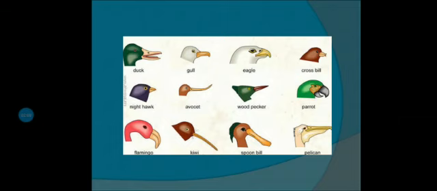In this picture you can see that all birds have beaks with different shapes and sizes. Duck has different beak and eagle has different beak. Their beaks are different from each other. The beak has two key functions.